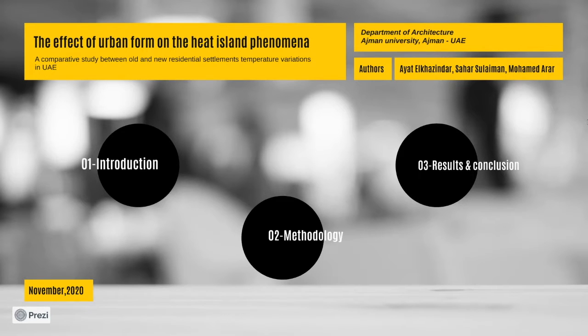This conference is an important one because it deals with the rapid urban cities design, planning, and construction. With the recent rapid urban growth and expansion in the UAE, the urban heat island becomes one of the main problems facing the users, as it has a significant impact on human thermal comfort, health, and environment. In addition to that, it has an indirect impact on energy consumption and the high cost for cooling and heating the buildings. That's what this presentation is about, specifically about the effect of the different urban forms and densities on the temperature variations during the year.